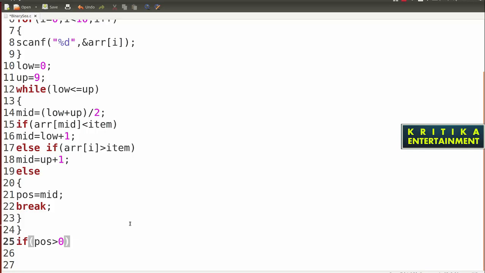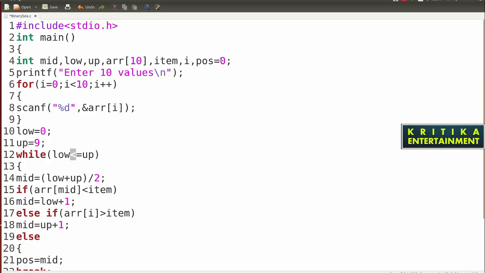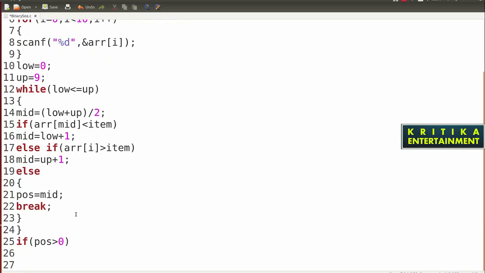Or you can write if position equals minus 1. 0 means there maybe are some elements there, so you will write if position is greater than minus 1. That means then what will you write?